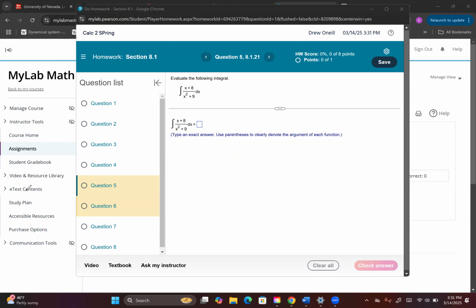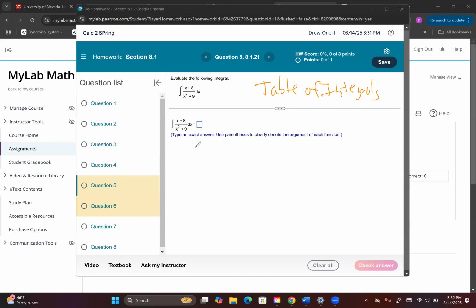So there's a few ways to do this problem, but this one you're going to need stuff from the textbook. So you're going to want somewhere a table of integrals. So when you're doing chapter 8, make sure you have this printed out. It's in the textbook in the appendix. Refer to that, okay? So you may or may not remember these from Calc 1.